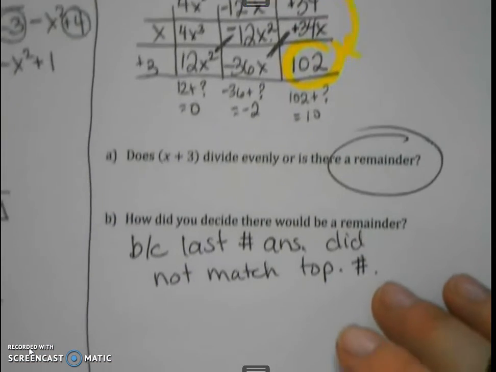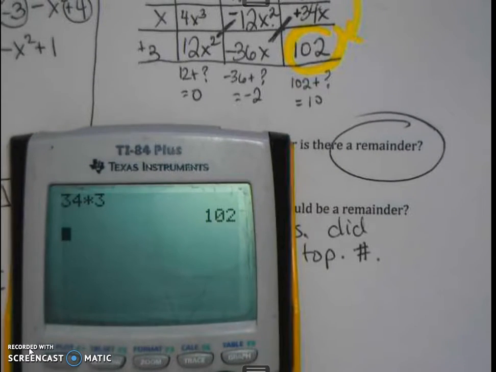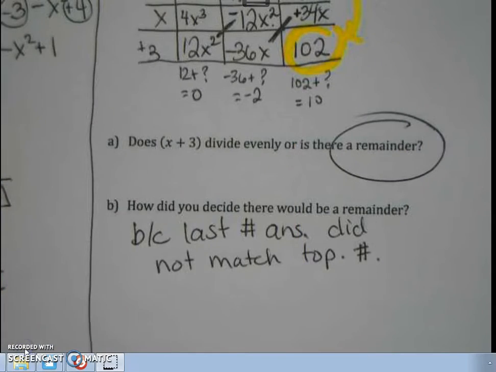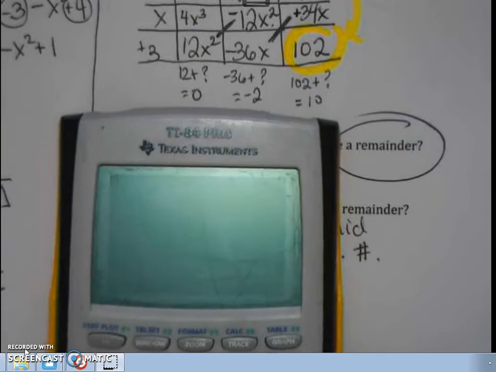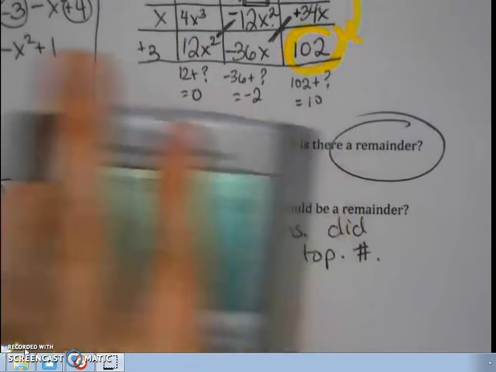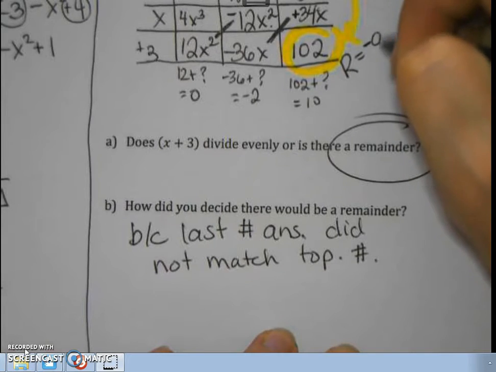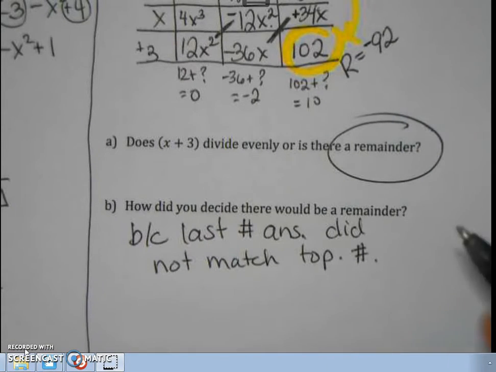What can you add to 102 to make 10? So Cameron said, try negative 92. He is perfectly right. So that means our remainder is negative 92,